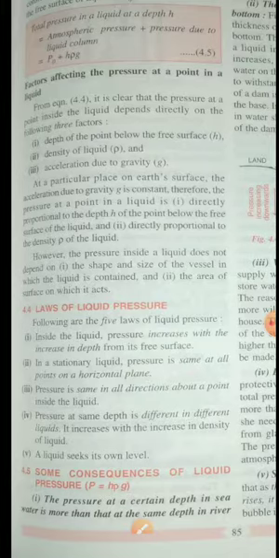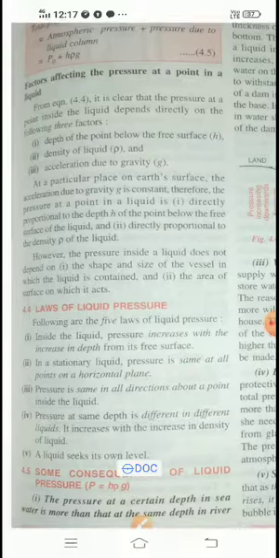So now let us see some of the consequences of liquid pressure. Every liquid has its own pressure. Because of this pressure, something a liquid is going to put on me, what are the side effects, what are the effects on me or on the surroundings? Is it going to be helpful or not? That is what I'm going to see here. So the very first thing we will see is